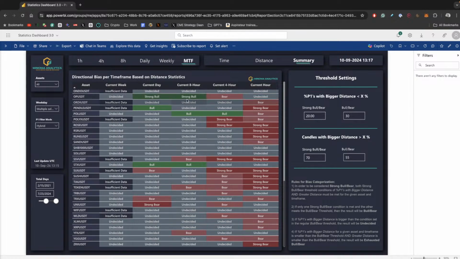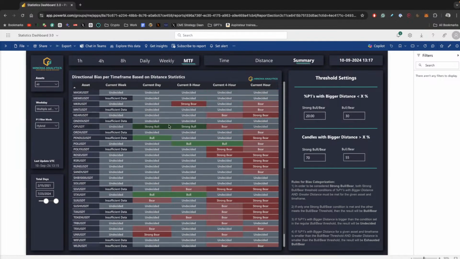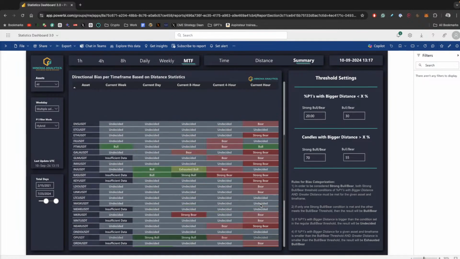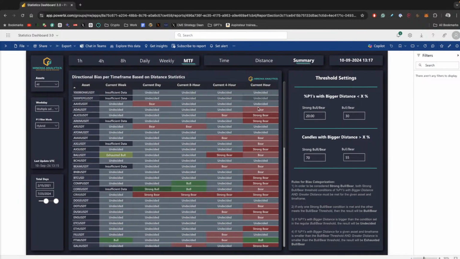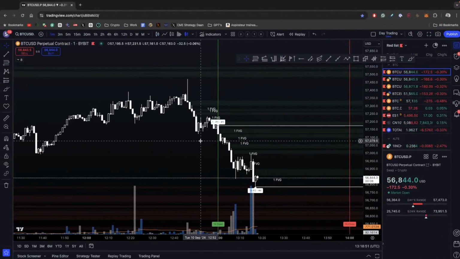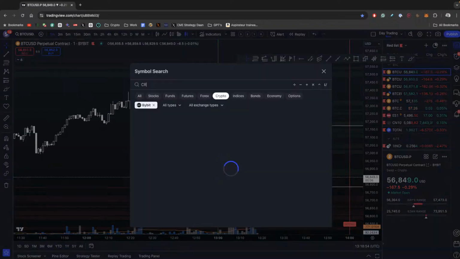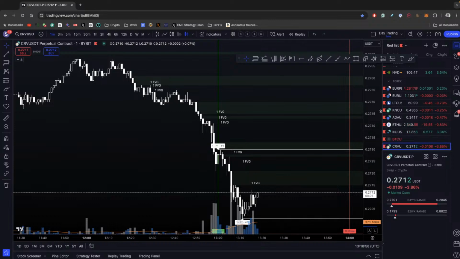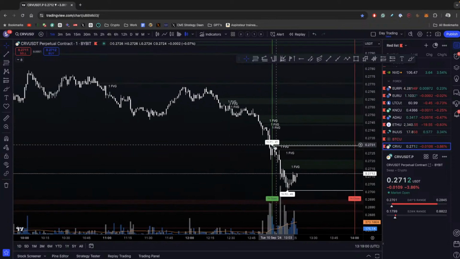In this case, if you would be looking for a long here, which I already said I personally wouldn't, but say you are and suddenly this shows up, then at least you can wait. If you're looking for a short, however, and you see this show up, then obviously, oh wow, look at CRV. That's an interesting one too. So say you're looking for a short and this shows up, then obviously that's something you do want to see. And you know that if the 4 hour is going to turn bearish, then the 1 hour is going to turn bearish first. So if we look at CRV right now, which had this massive drop,